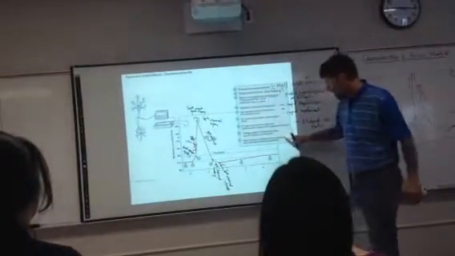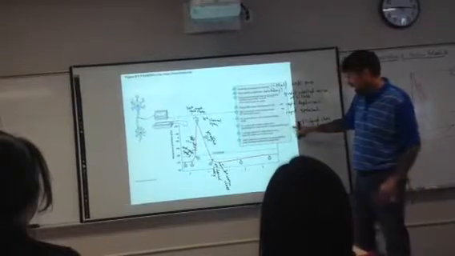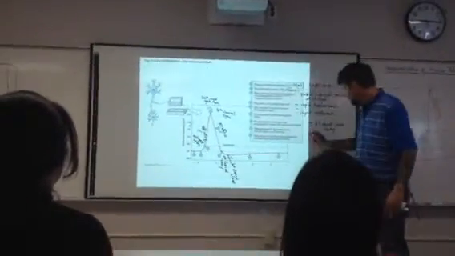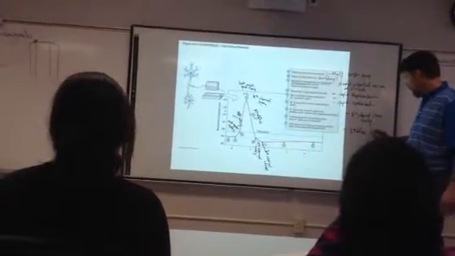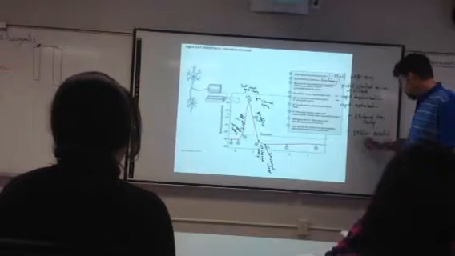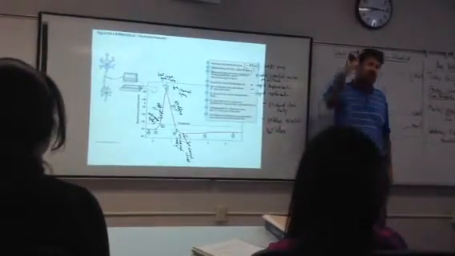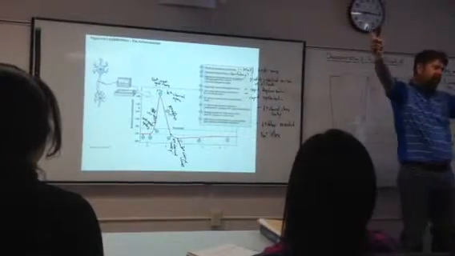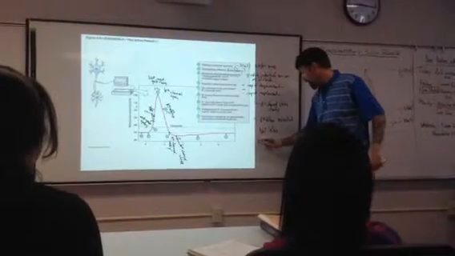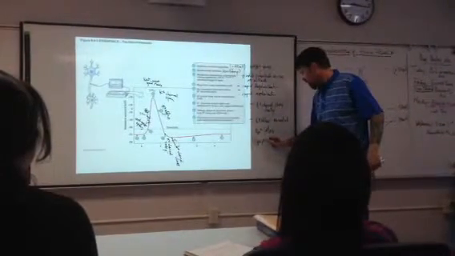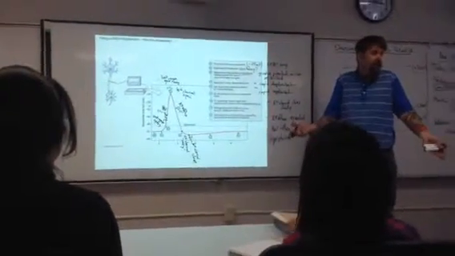Between 7 and 8, right here, potassium efflux exceeded sodium influx. More potassium actually leaked out than sodium leaked in. So the result of that is that the membrane is hyperpolarized. But it's brief